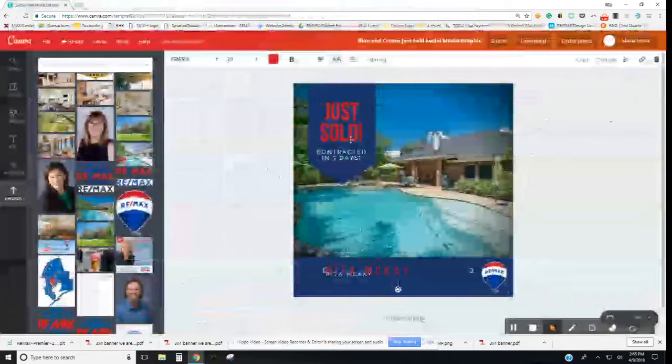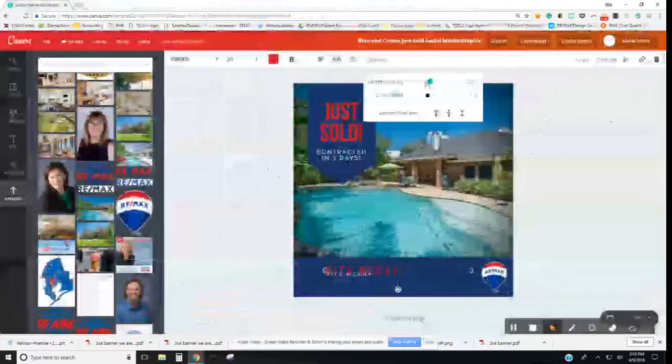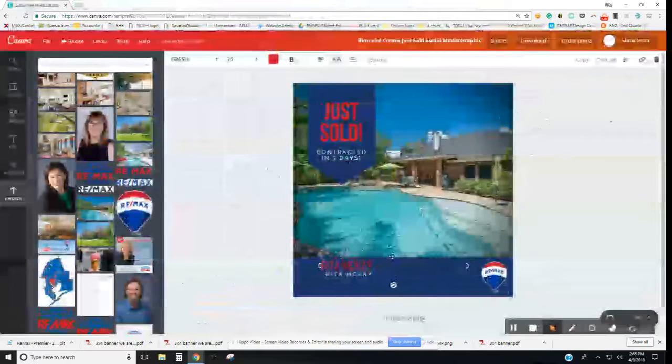Now, this is not looking quite the same as this, and I think it's because my letters are spaced out so much. So I'm going to come into letter spacing and pull it in together. So I like that a little bit better. So now I've got my name, which is matching just sold. And then underneath that, I can make this say realtor, if you want to do that. Again, I like that format, so I'm going to copy it. That way I'm not having to put in the color and the font and the size. I'm able to just keep it the way that it is. So we're going to do Remax Premier and